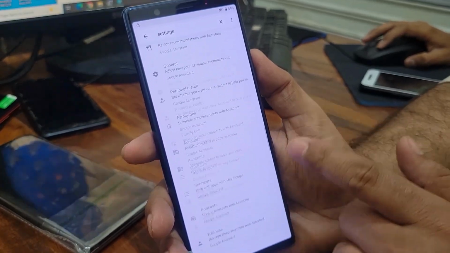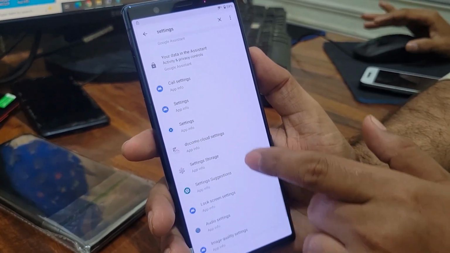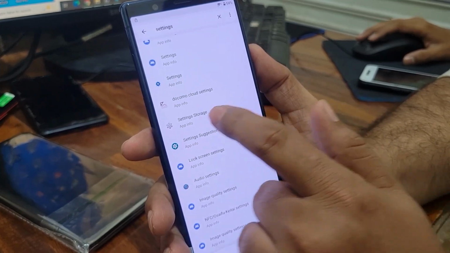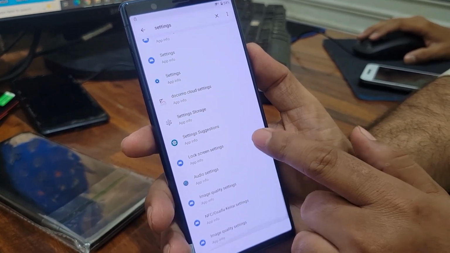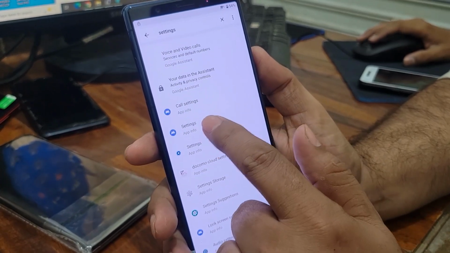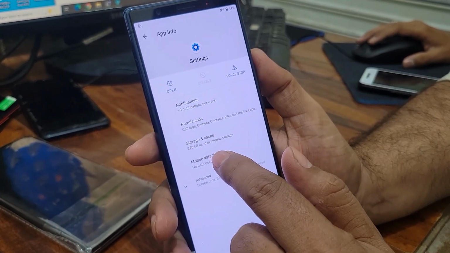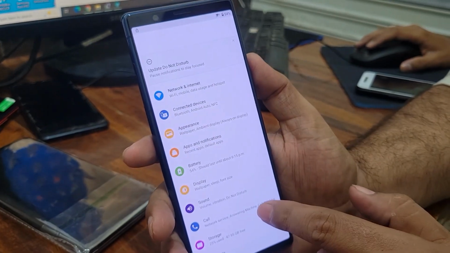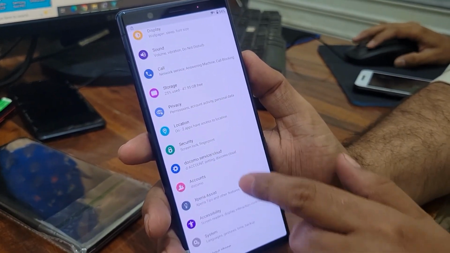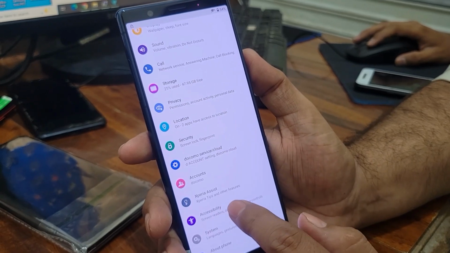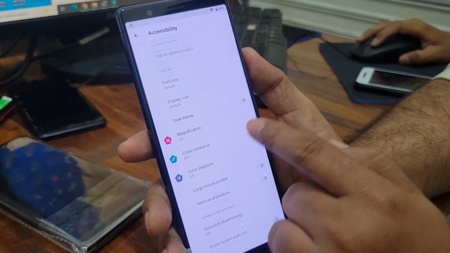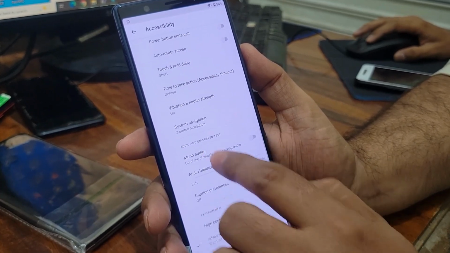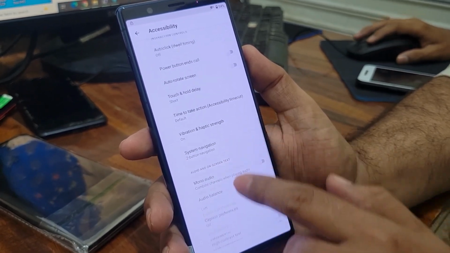In the settings you have to scroll down until you see the, where is it, okay, here it is, okay, settings app info. Here you have to go open it. After opening it up you have to go to accessibility. In accessibility scroll down until you see the,